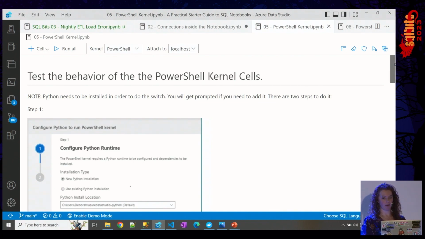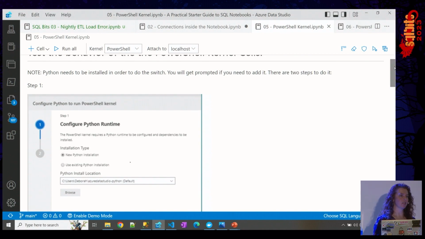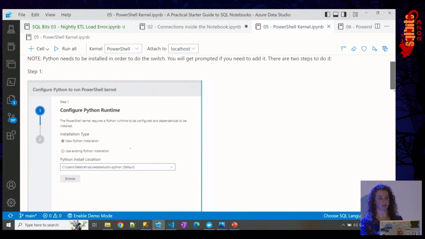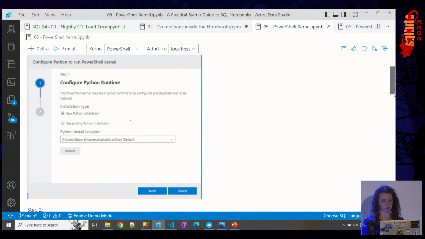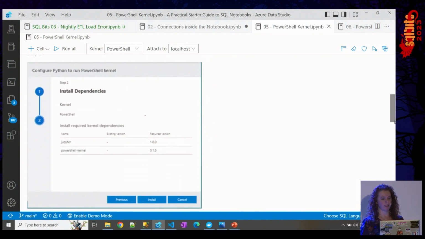Now, a note for PowerShell is Python has to be installed for it to work. I'm not sure of the connection, but the first time you select a PowerShell kernel from the drop-down, if you don't have Python installed, it's a "complicated" process. So Python needs to be installed. You've got 2 steps. Step 1, tell it where you want to install. I just went with the default. Step 2, hit install. It's really complicated, but it does it for you, and then you're all set to go